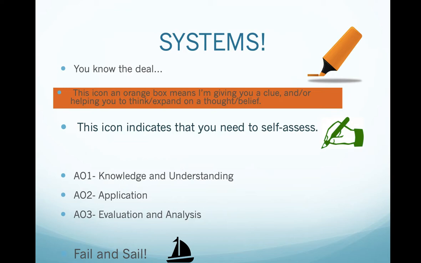Your AO1, remember this is how you're going to be assessed: AO1, AO2, and AO3. AO1 is literally, I've given you a sausage roll, I want you to eat it, and then I want you to regurgitate what you ate, a sausage roll. Okay, so that's just your knowledge and understanding. There's not a lot of skill to that. The only skill I really need you to possess when it comes to AO1 is just remembering. I want you to regurgitate what I've given you. Just remember what I've taught you.